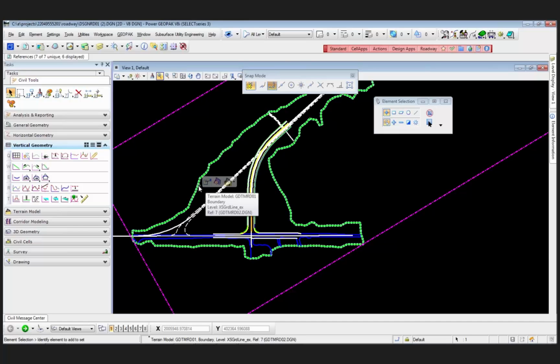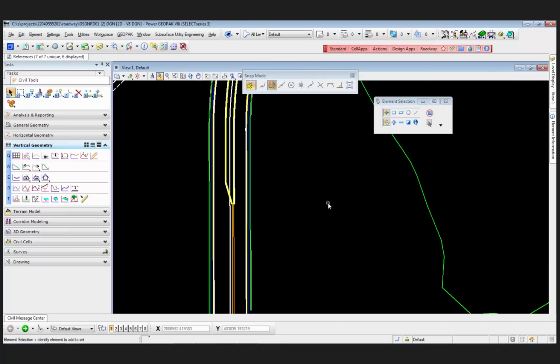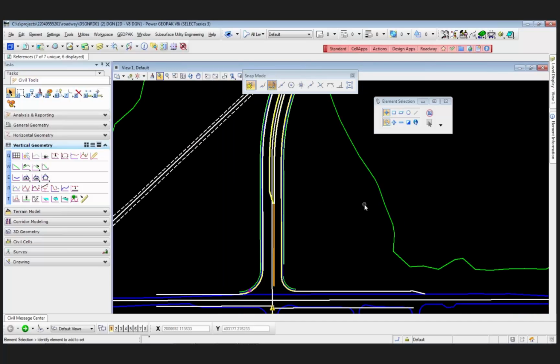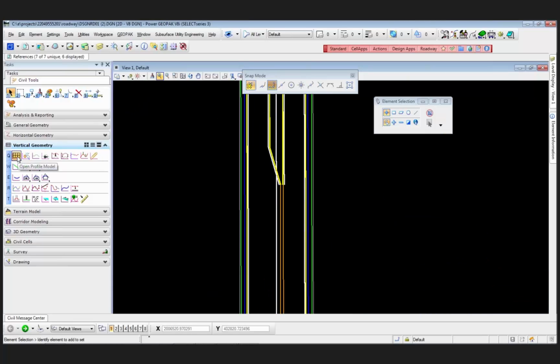If I click on it, in order to see a profile on a line, you need to make sure that you have whatever reference terrain or whatever terrain you have in your file. In this case, it's always going to be a reference terrain. You need to set it as active. So for example, if I were to ask to open a profile model on this center line